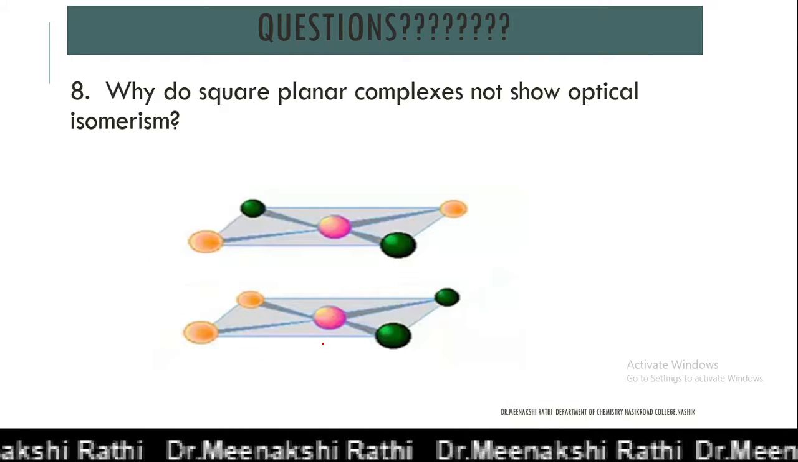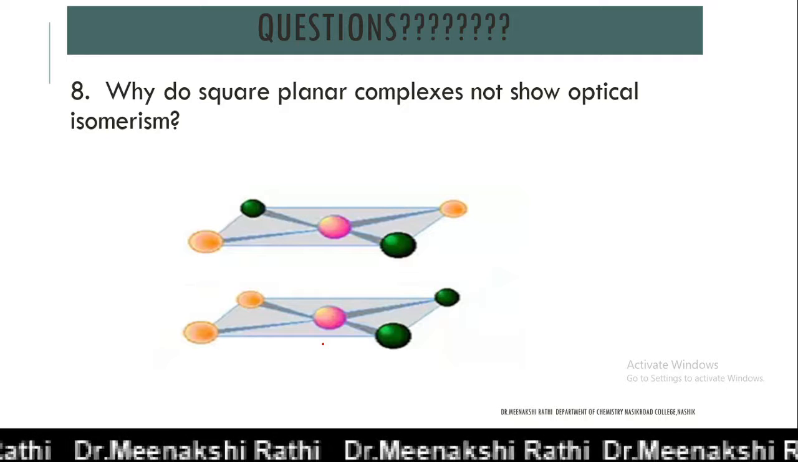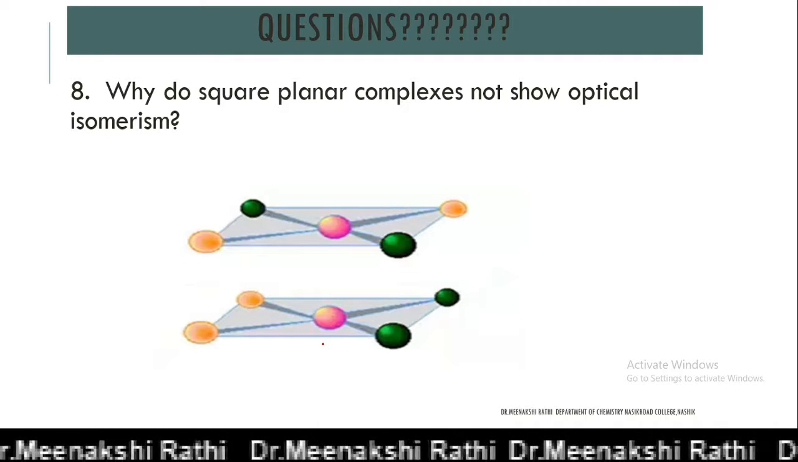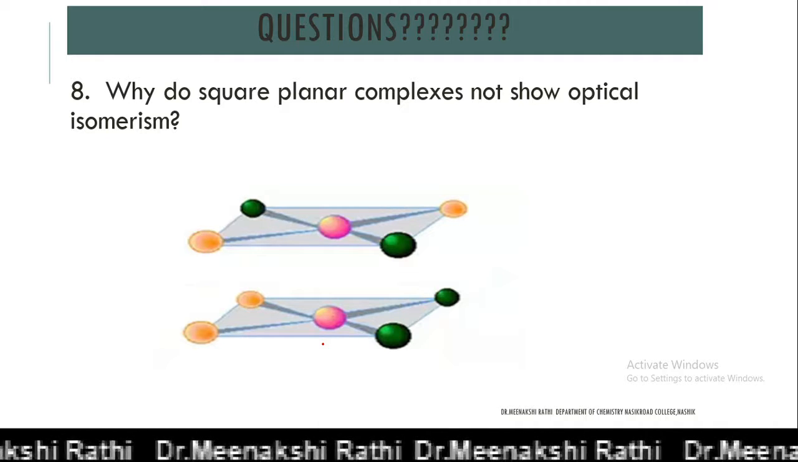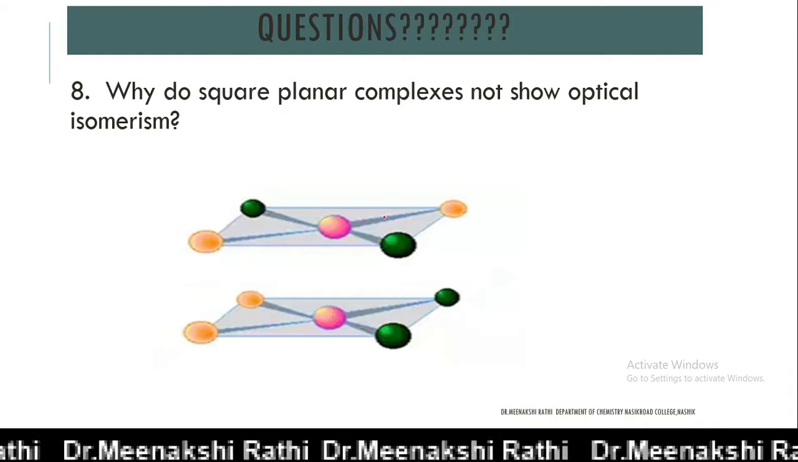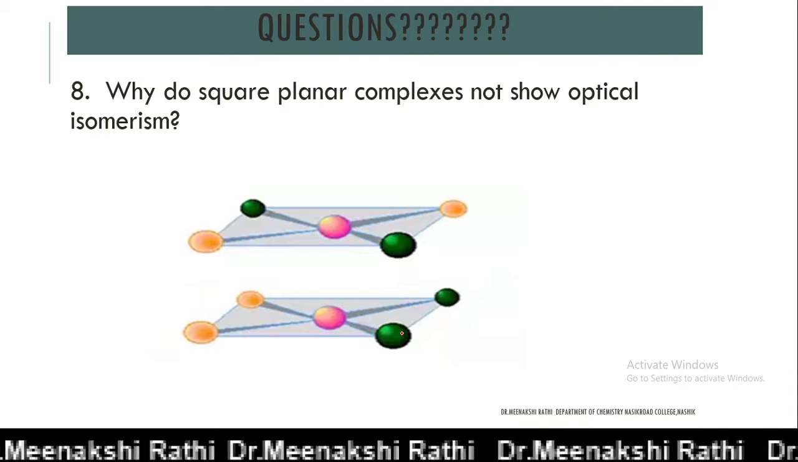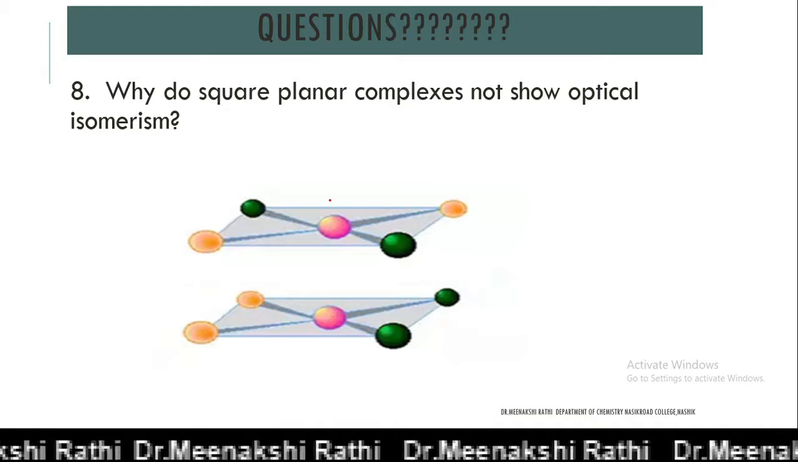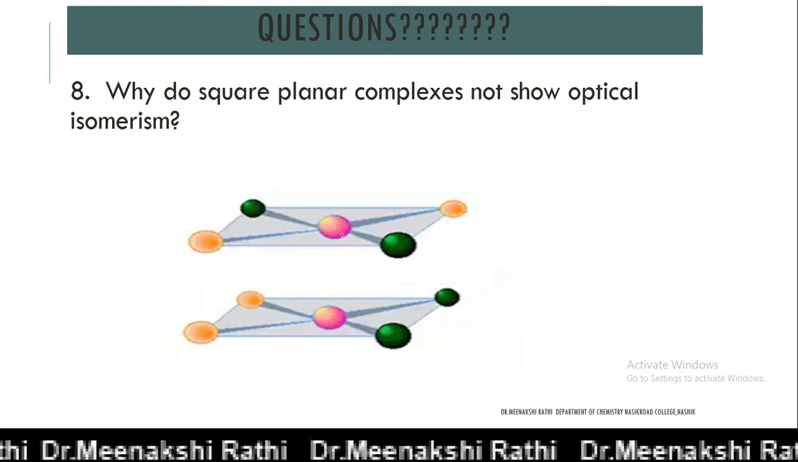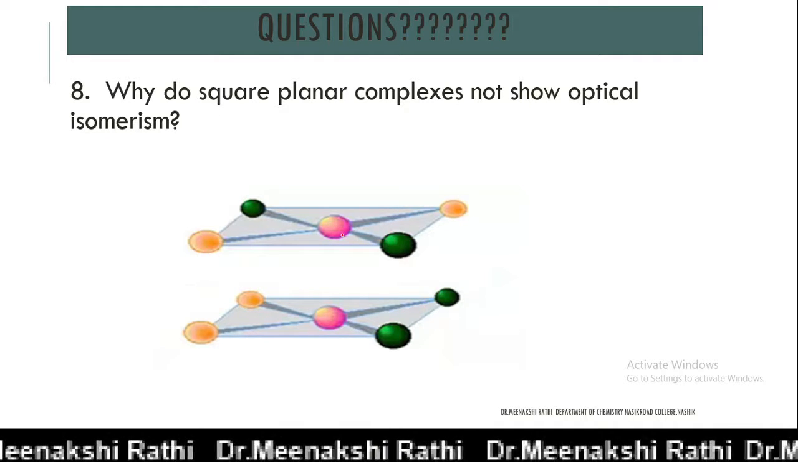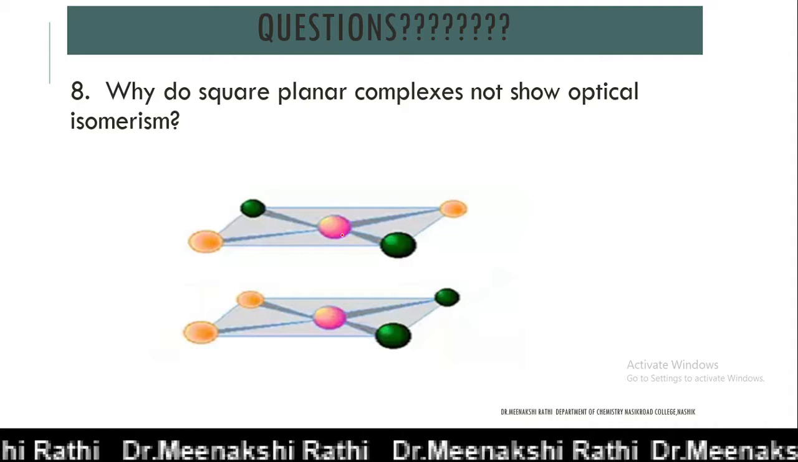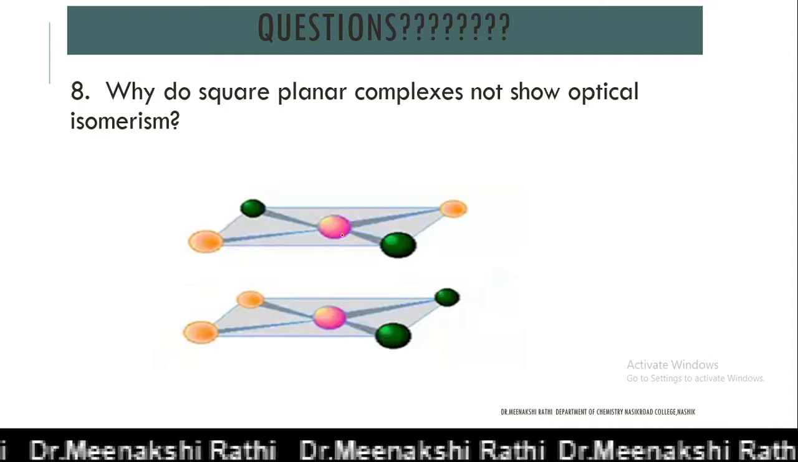Next is, why do square planar complexes not show optical isomerism? We just saw that they can show geometrical isomerism. This one is cis and the upper one is trans. But square planar complexes do not show optical isomerism. Why? Because